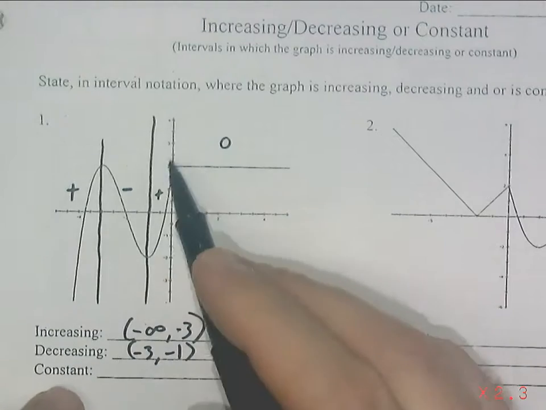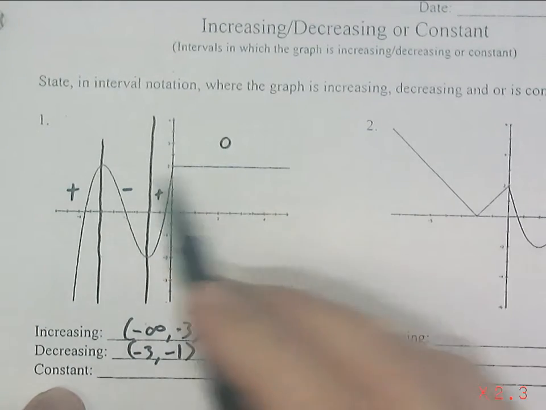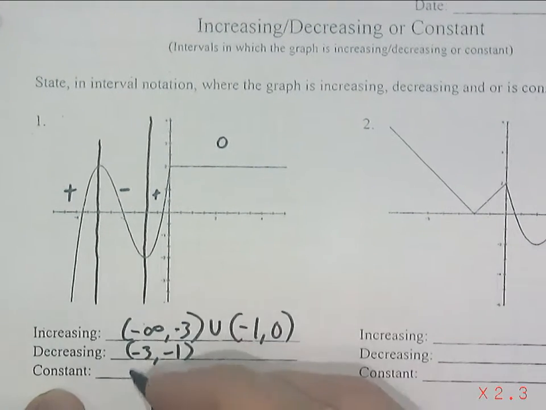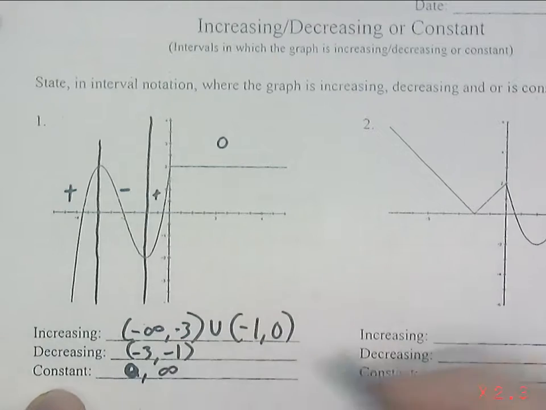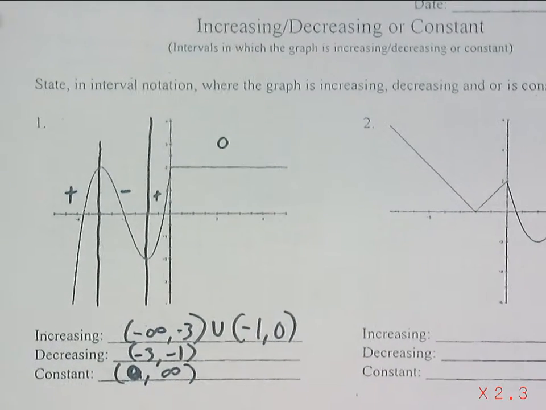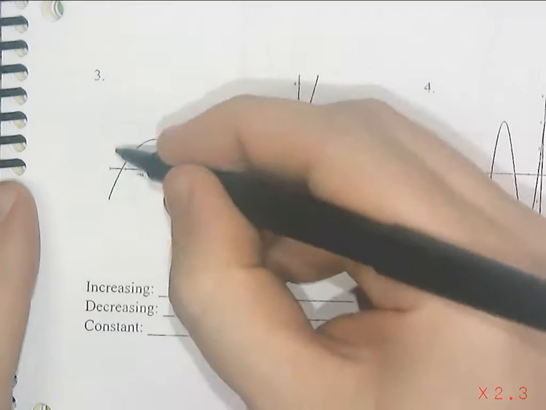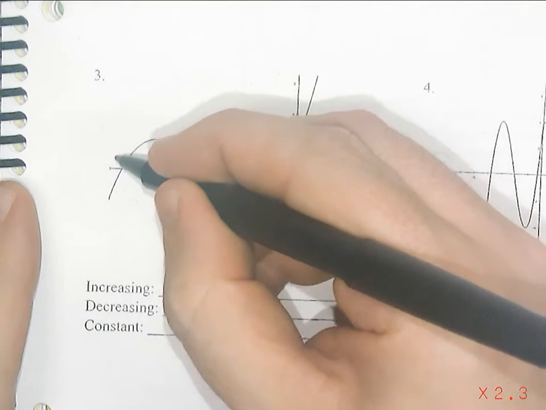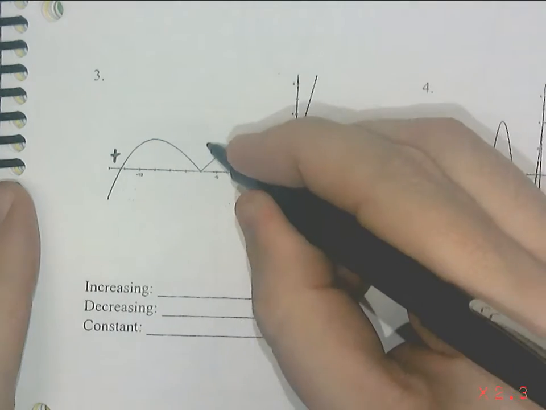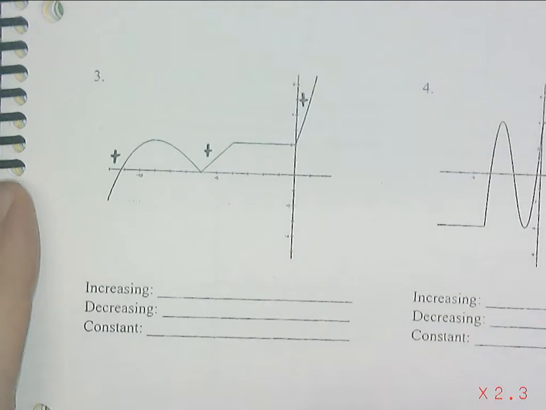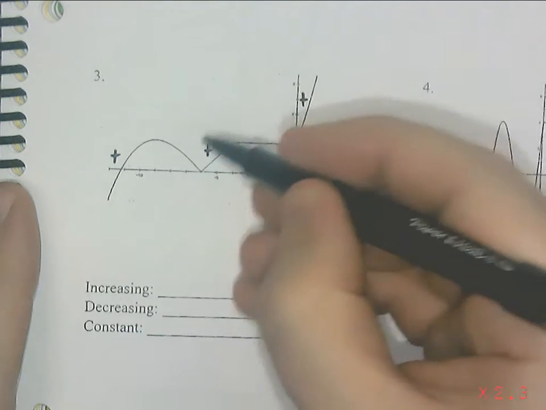Now, constant is going from 2 to forever, right? So 2 to infinity. Or not 2, sorry, that's the y value. From 0 to infinity. Okay? Let's look at another example. So let's look down here at this problem. Again, I'm going to go through, it looks like it is increasing here, and here, and here, and it's decreasing here,